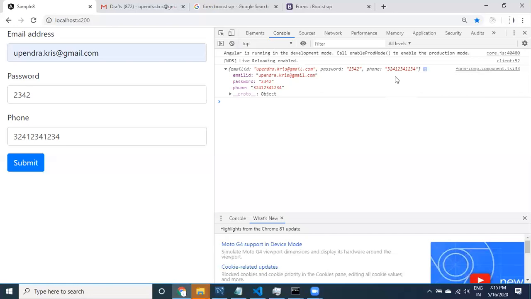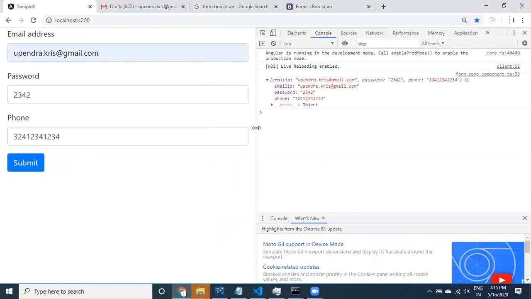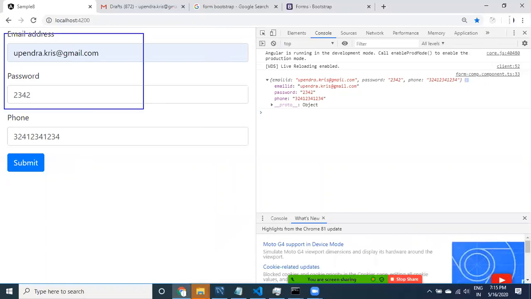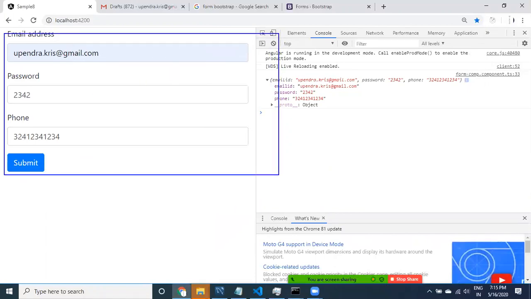Now we are comfortable with reading the data from the user and sending the data to the component class. Now what is the goal? All this form data is available in the form component. Now we need to send this data to the parent component.